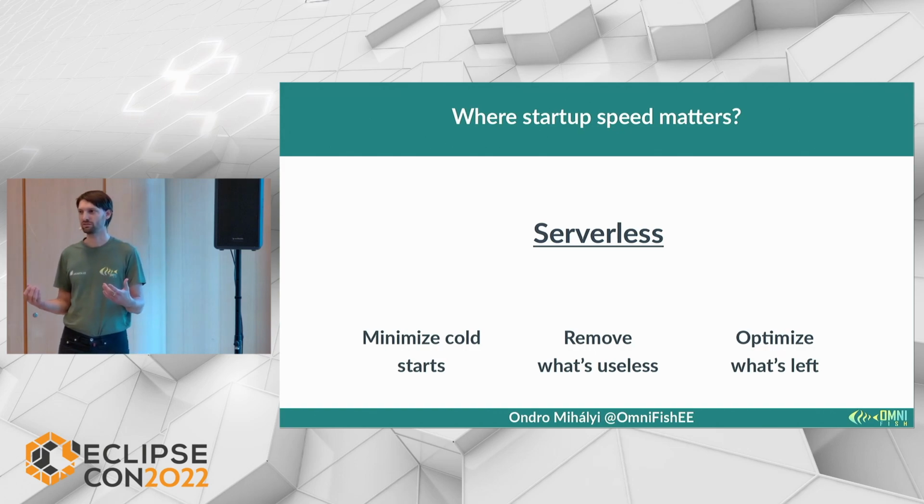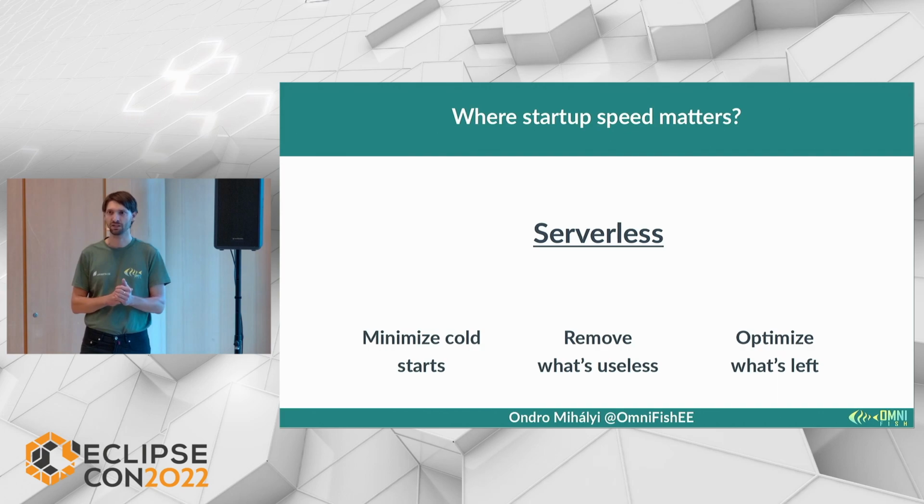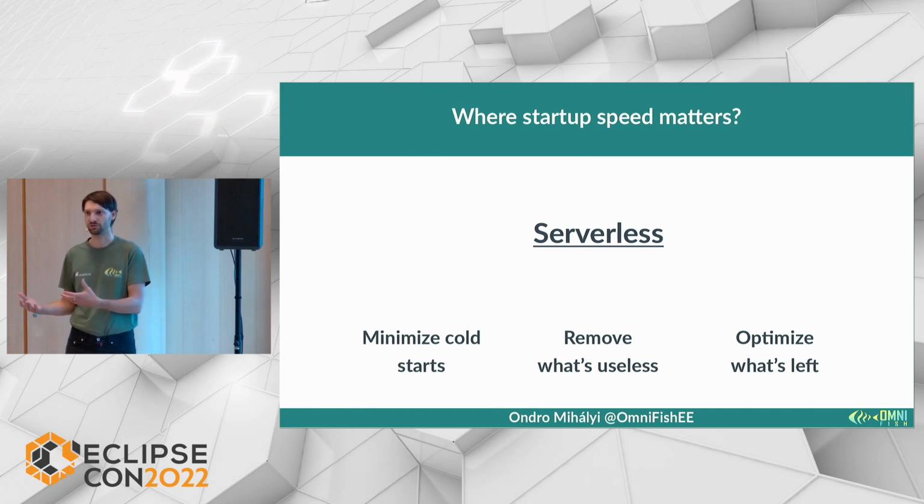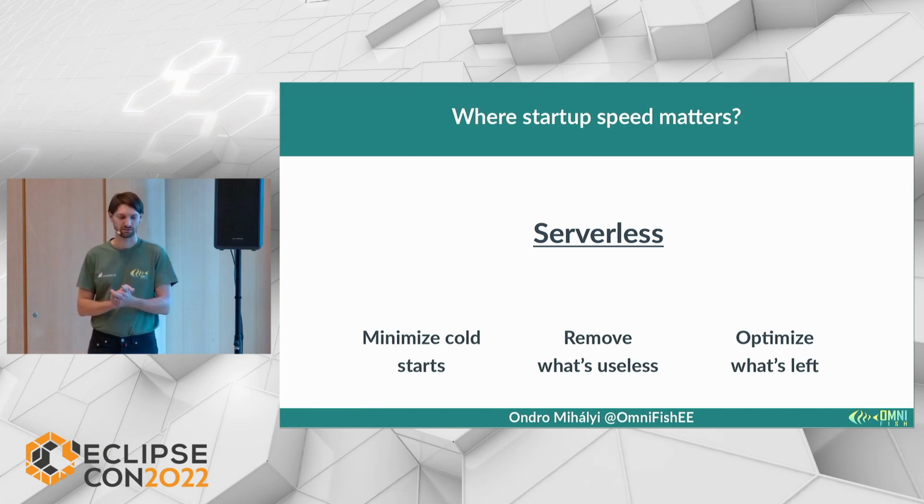When you have Kubernetes, each service can serve multiple requests. There's parallelism, there's multiple threads. But with AWS Lambda, for every new request, every new event, you need to start the process, the JVM itself, if it's not already available and cached somewhere.